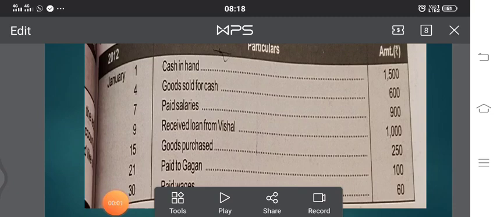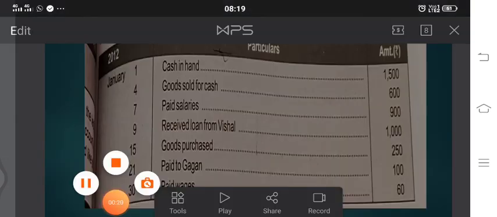Good morning, children. We had been studying cash book. So today's question is a very small question I have taken because I have seen a few mistakes that you people committed yesterday. Okay. So the first point which is given in your question is cash in hand.